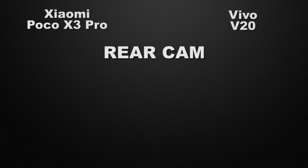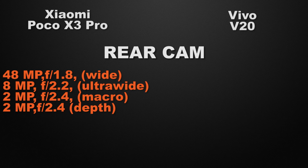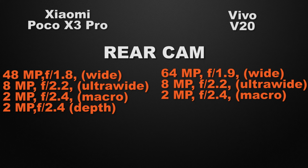Talking about the rear camera of the devices, X3 Pro has a quad camera setup: a 48 megapixel wide camera, an 8 megapixel ultra wide camera, a 2 megapixel macro camera and a 2 megapixel depth sensor. Whereas V20 comes with a triple camera setup: a 64 megapixel wide camera, an 8 megapixel ultra wide camera and a 2 megapixel macro camera. So the winner here is V20 because it has a better camera sensor, which can take great